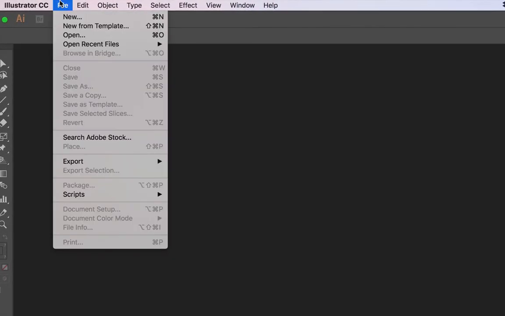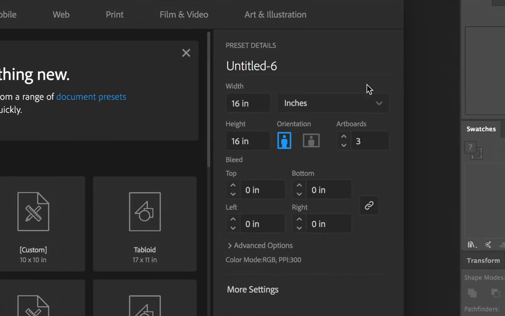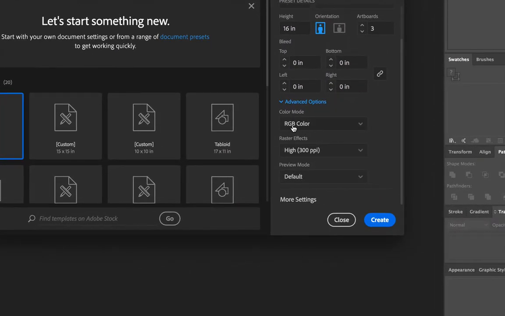We'll go up to File, down to New. As far as the size of this document, each of our artboards needs to be 16 by 16 inches square. Do make sure you're working in inches. Set your number of artboards to be 3. We can call this our Cubist Silhouettes. We won't need to bother with bleeds, and under the advanced settings, do make sure you're working in RGB color